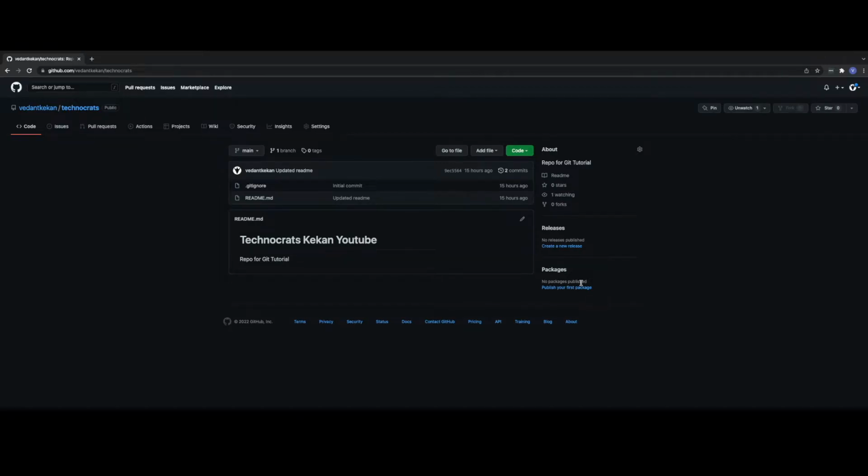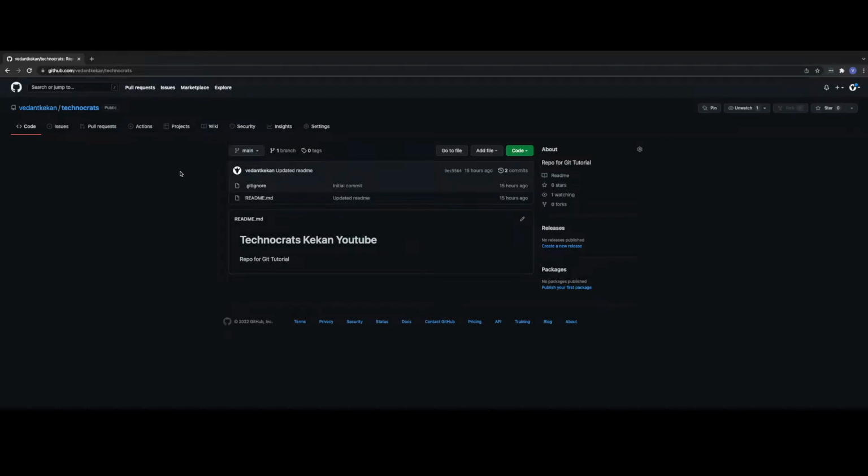In the previous video, we created a Git repository. This Git repository now has only one file, that is readme.md, and the gitignore file. We also checked out this Git repository on our local machine, so we have this repository on our local computer. Next, we will create additional files and push these files from our local computer onto the Git